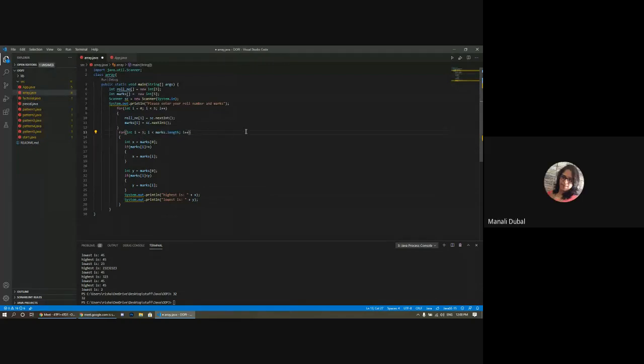Okay. You have marks dot length. Correct. Okay. See, the problem over here is that you have initialized marks 0 to x inside the loop. So, even if the benchmark is changing, do you see? On line number 8, you are changing, line number 18, you are changing the benchmark, right? Whenever you find the lesser value or bigger value, you are changing the benchmark. But again, when the loop restarts, when the loop is reiterating one more time, the x is getting replaced with marks of 0. So always marks of 0 will be the output here. Always.